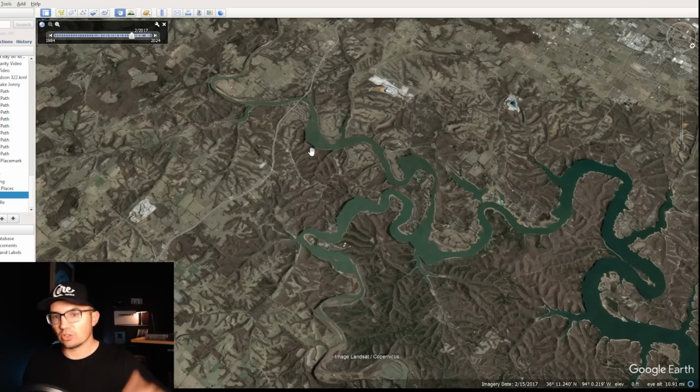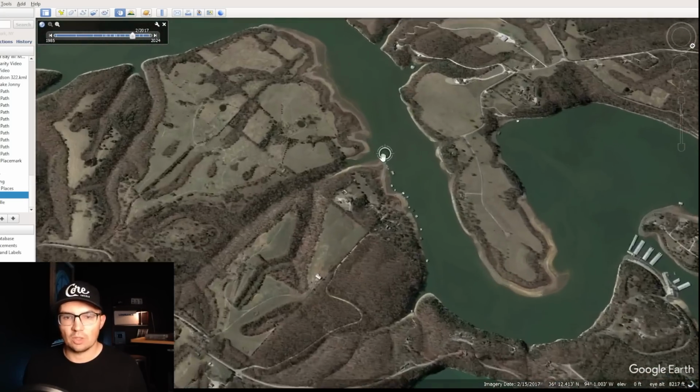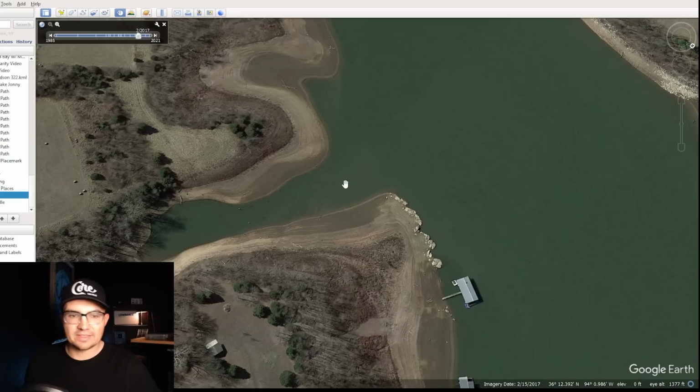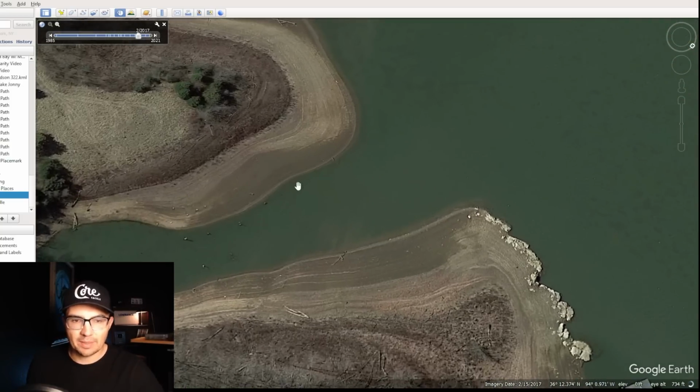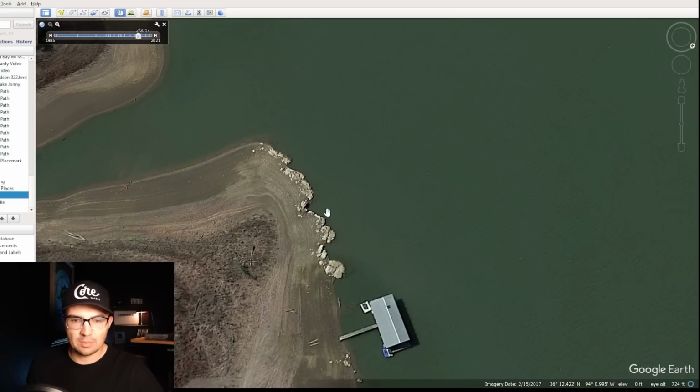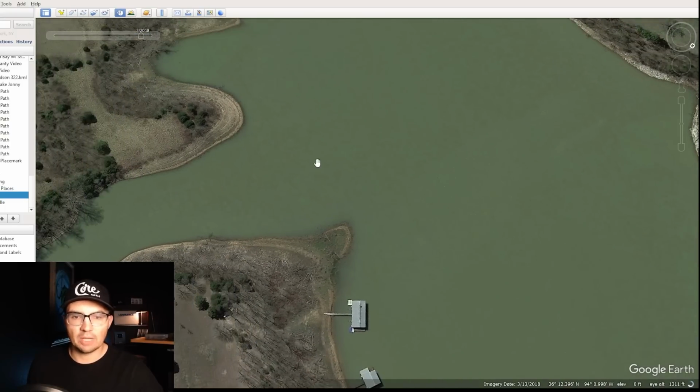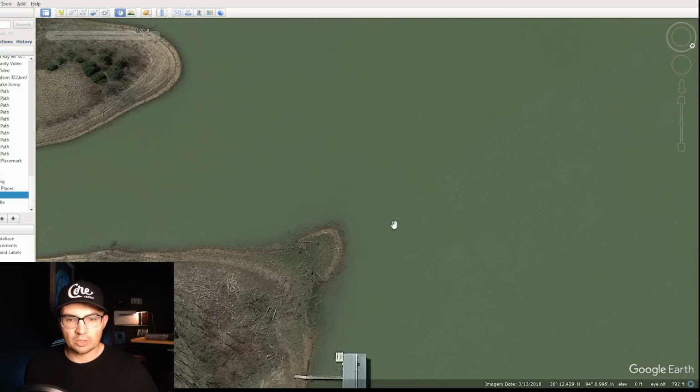If you have the lake rising or falling really quickly, then the fish may or may not actually want to commit to spawning. So for example, if the water is at this water level and water temperatures hit 60 degrees, which is kind of that magic number for them to spawn, what'll happen is that they might think about laying their beds down these bank lines, maybe on some of these rocks or whatever. And then if the water came up, let's say really quickly over a couple of weeks, that's going to throw off their entire situation, because they were going to spawn way out here on some deeper banks, but instead now